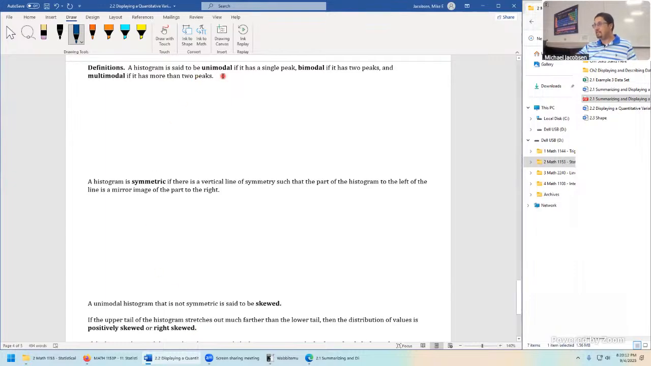It says, histogram is said to be unimodal if it has a single peak, bimodal if it has two peaks, multimodal for more than two peaks. I actually don't have a lot of data like that in this specific class, but it could come up occasionally, possibly in the reading, for example. So it's here in the notes as well. So for just quick examples,